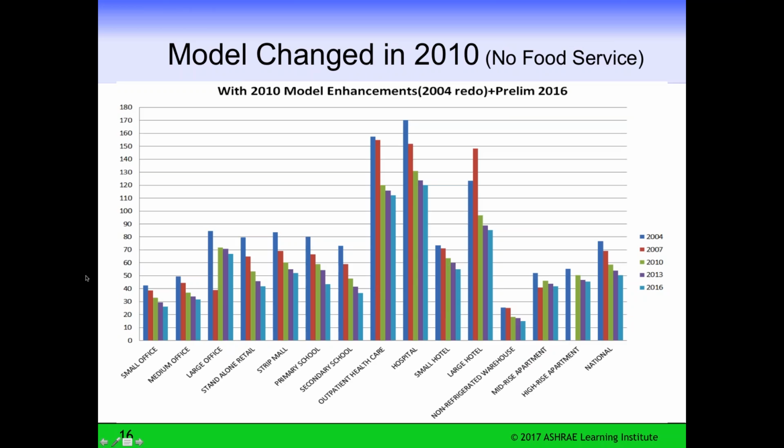So we took those out, added the 2016, and actually this model is the current model being used by the PNNL for the DOE, and it has some changes we made in 2010 where we added computer rooms to buildings and made a little change in the way outside air was handled. And so the answers of this model are slightly different than the previous one. So you can see the changes in the large office when the large computer facility was added to the large office.